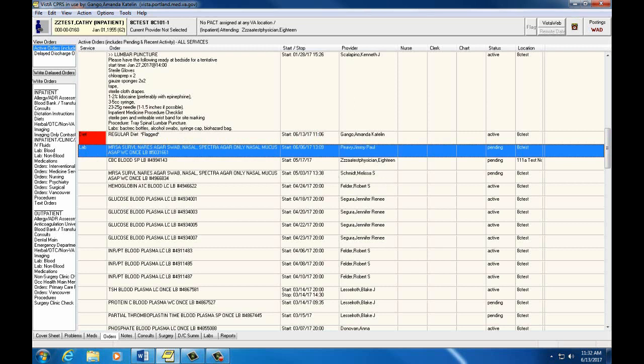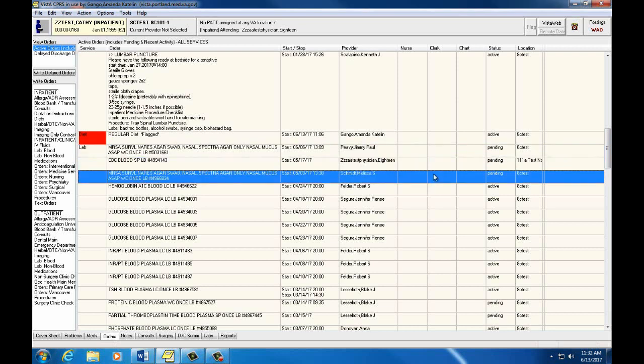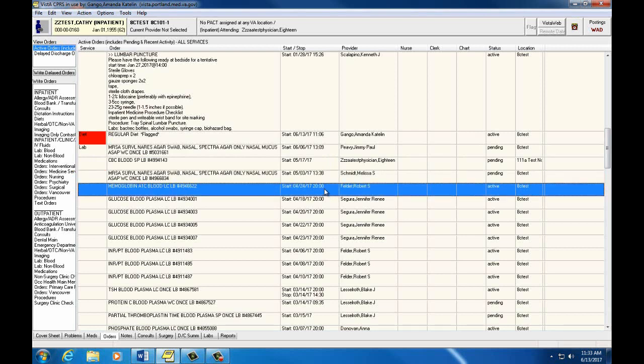The next section will be labs. This section shows all ordered labs for your patient. Please note the start, stop, and times and status columns of the lab section. Many times, outpatient providers will order labs here to be collected at a distant date. Typically, we are not concerned about these in the inpatient setting, so we'll want to make sure the start and the stop date or collection time is accurate during the admission period.